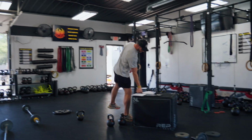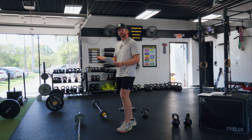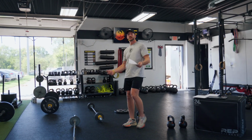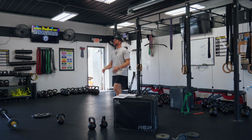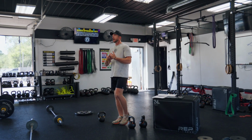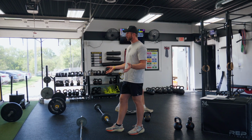And then last but not least, assisted pull-ups and skull crushers. I freaking love this. What'd you think? I was shocked at how good this was. I was really nervous about going this many reps, but I'll tell you guys very transparently, if you see things on Instagram and you're questioning whether or not they're true or whether they work,